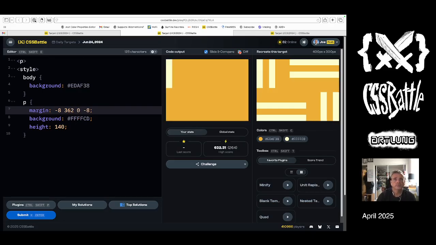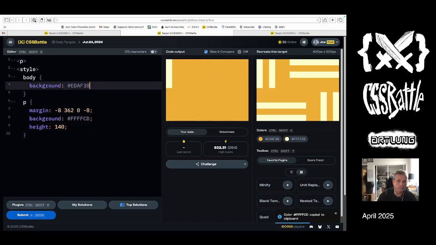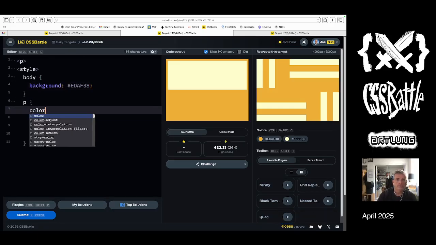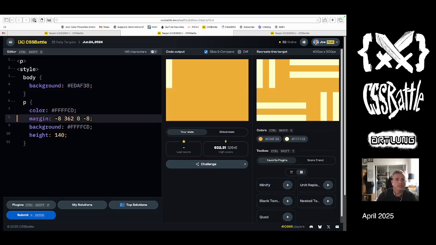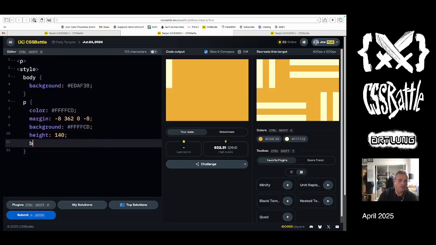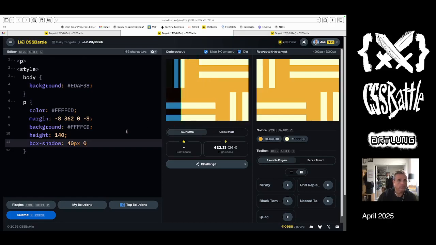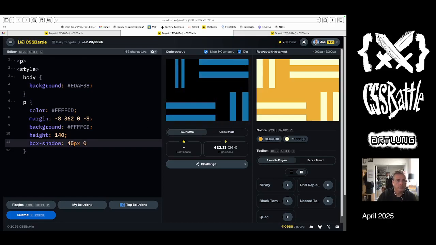Okay. And then I'm going to set the color to be that color, and then I'm going to do box shadow. And each one, this shape will have 3 shadows that match its shape, right? Okay, so 40 pixel 0. All right, let's get that math right. 45, 50, 55,